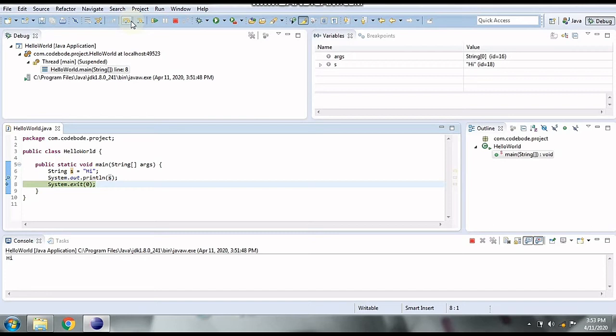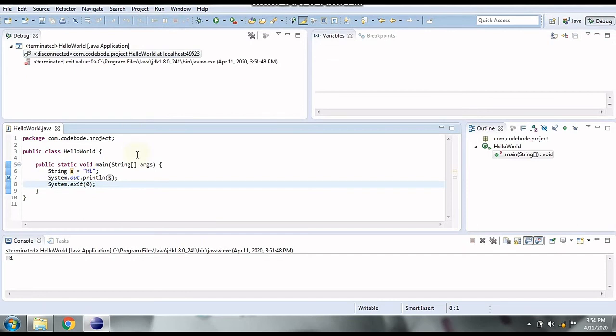If I want to move to the next breakpoint that I've applied, I have to press F8 or simply the resume option. But since we don't have any other breakpoint, it is going to terminate the program if I press this. And F5 is used to go inside a function, but we don't have any other function to go inside, so we'll check that with some other changes. So I've pressed F8 and the program has terminated. So we'll make some more changes to understand debugging in a better way.